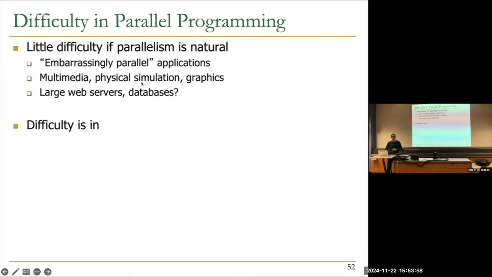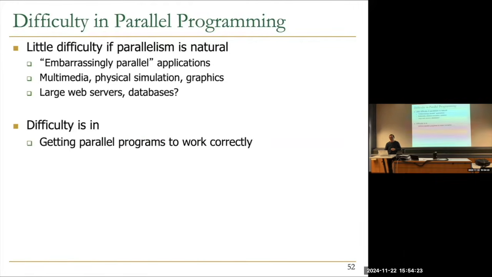Physical simulation has a lot of parallelism, right? If you're actually modeling things, that part of the room has nothing to do with this part of the room, for example. There's a lot of parallelism as long as you can divide your work such that things that do not interact with each other at a fine grain are separated to different processors. You have a lot of parallelism in that problem, right? But now, the difficulty is really in problems where this embarrassingly parallel structure doesn't exist. First of all, you need to get parallel programs to work correctly, even if they are embarrassingly parallel.